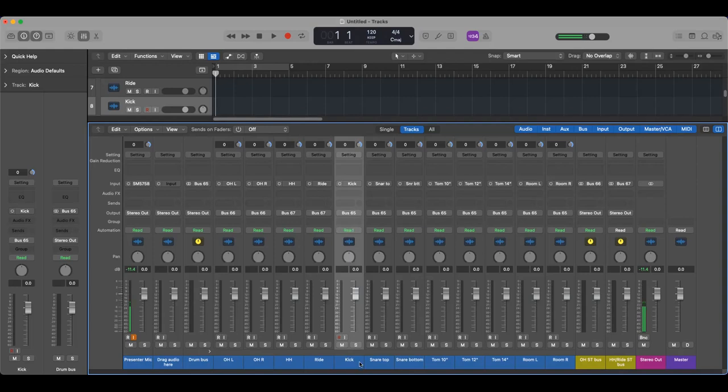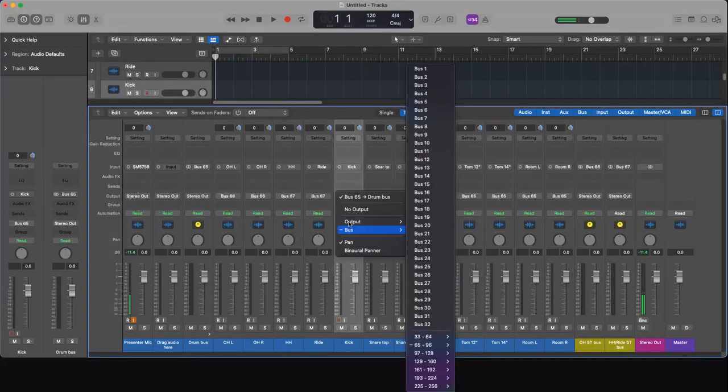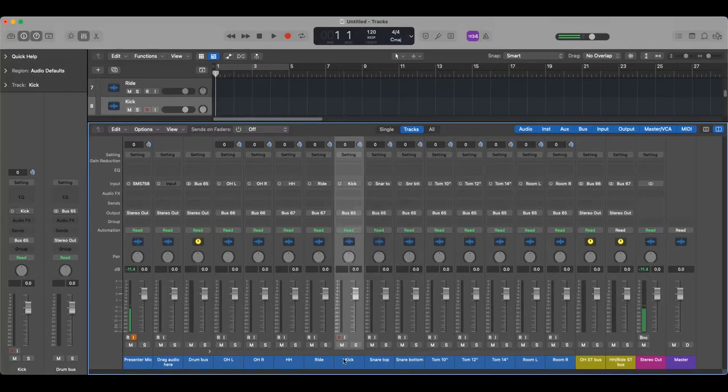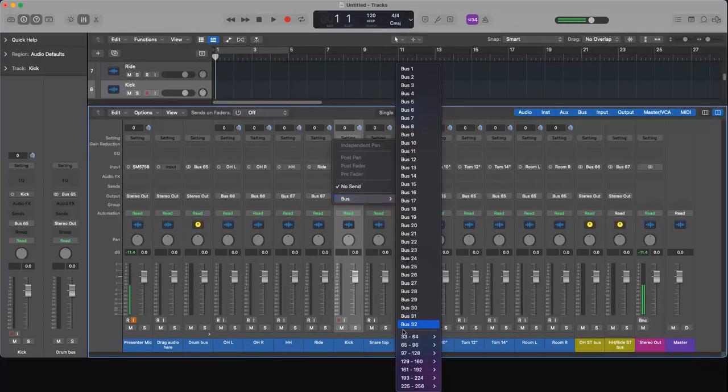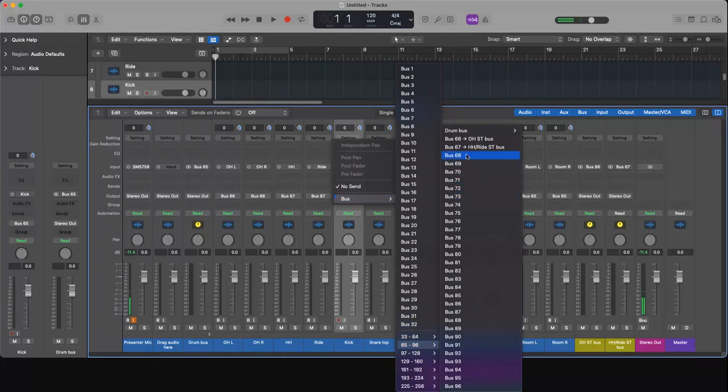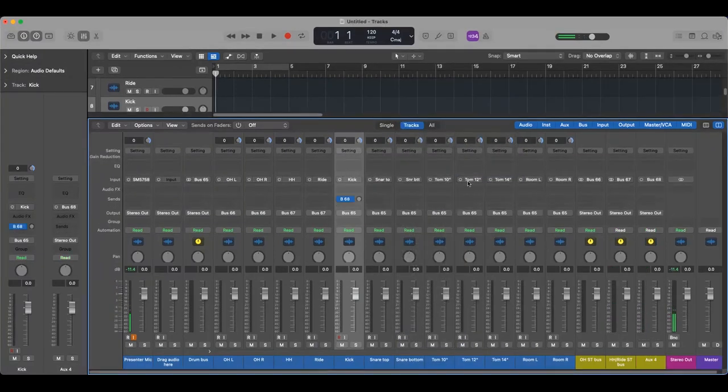Okay, so there's a couple of ways that you can do this. The easiest way I feel to do this is to, well, you know what? I'll show you both ways. What I can actually do is create another bus for this kick drum, but I'm going to treat it as a send. I'm not going to create it as an output just yet. So I'm going to click the next available bus, which is bus 68, and you'll see